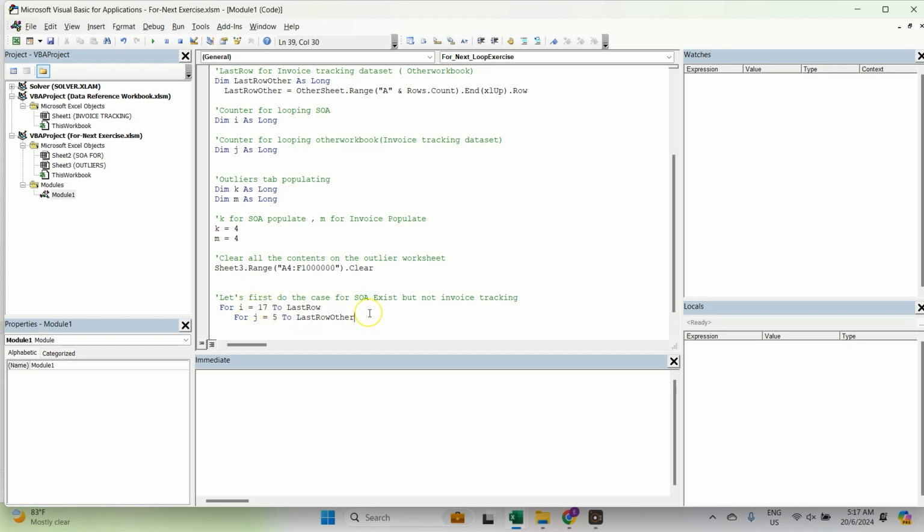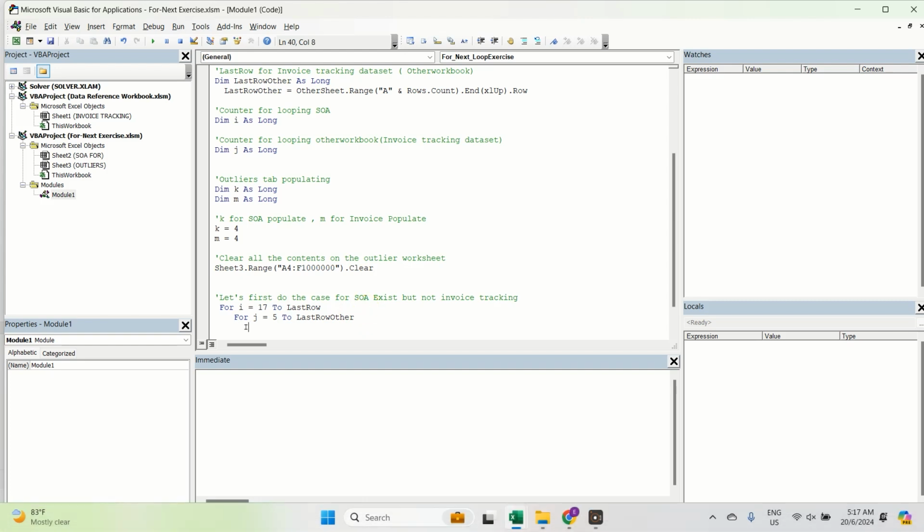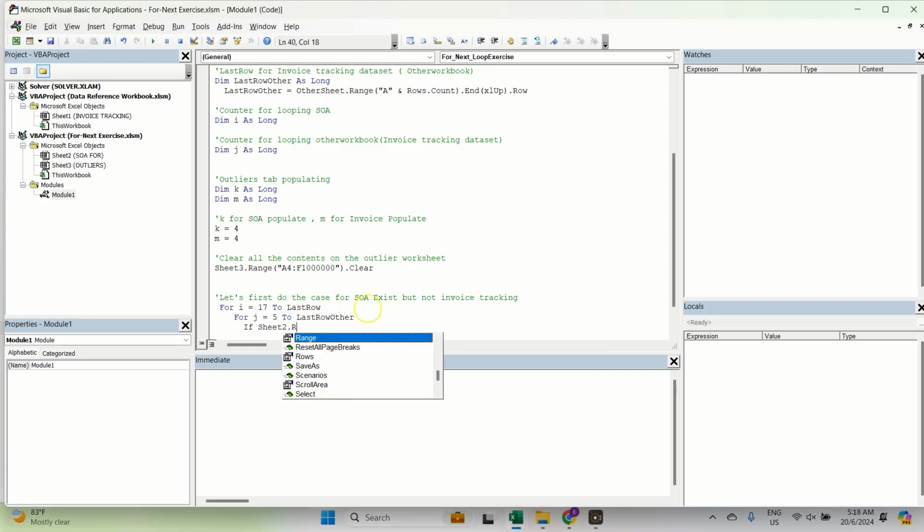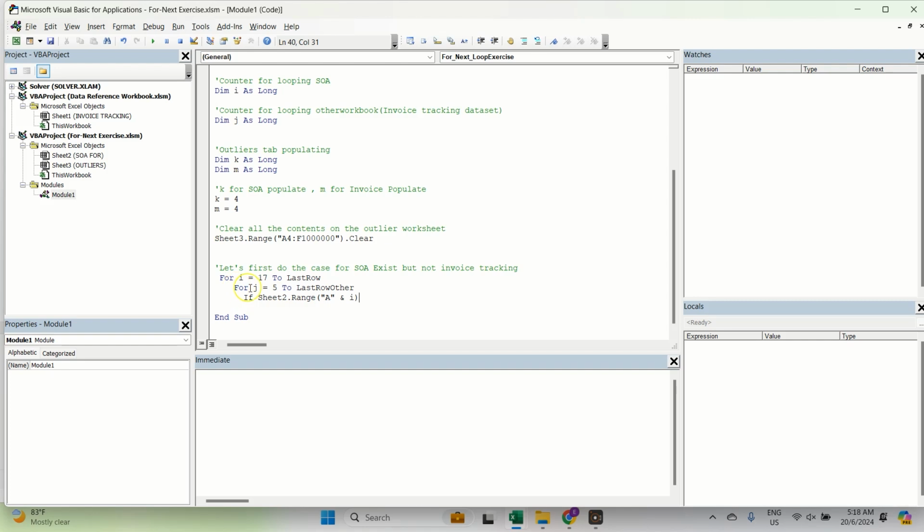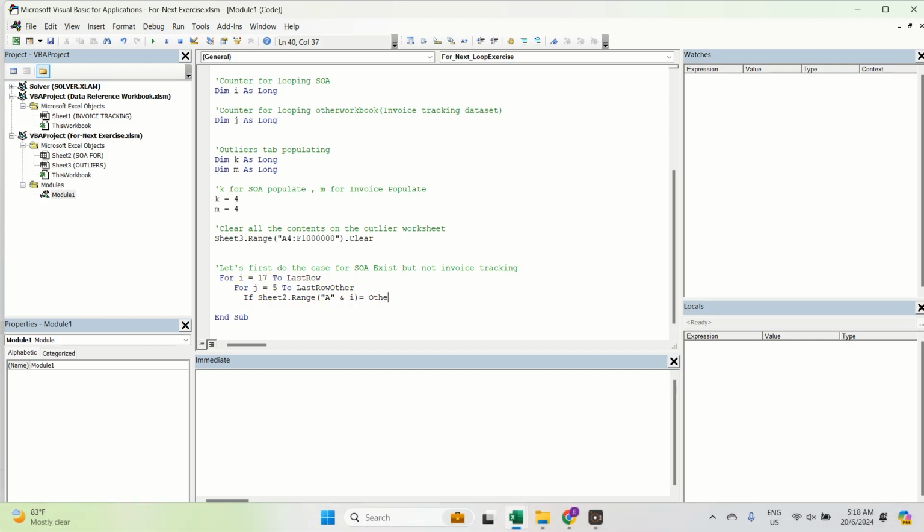What we're going to do is compare I17 from J5 all the way to the last row other. So how are we going to do this comparison? We're going to use a simple argument: if sheet2 dot range. So we are running the first iteration. If somewhere along the line I17 happens to have a match with any of the J entries in the other sheet,